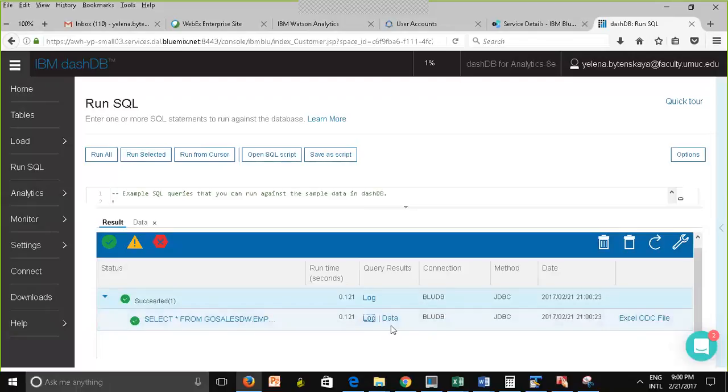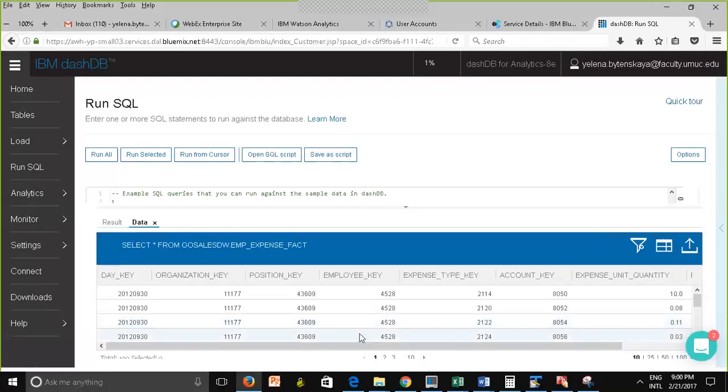And see here, you can go to the data here as well. What you could do is export this to a CSV file, or show or hide certain columns. Suppose that I have too many columns returned and just want to hide some. Or you can filter it. You can define a filter, but the problem is we want our work to be reproducible, right? So if I define a filter right here and run my query again, I would have to define the filter again, which is not an effective use of time.